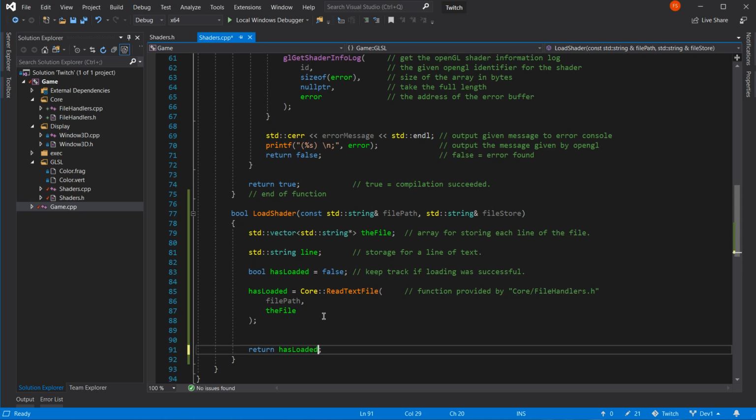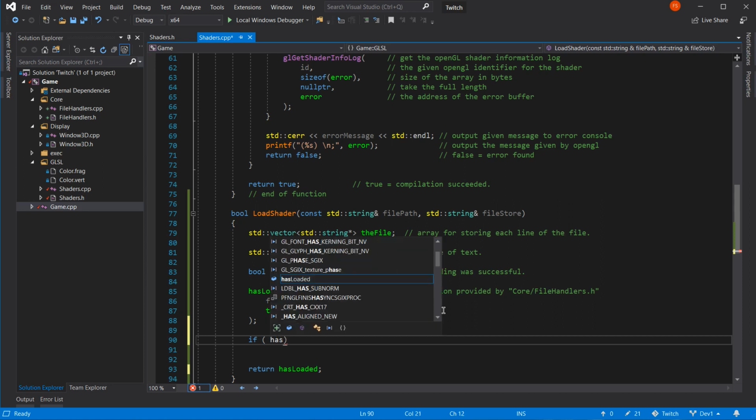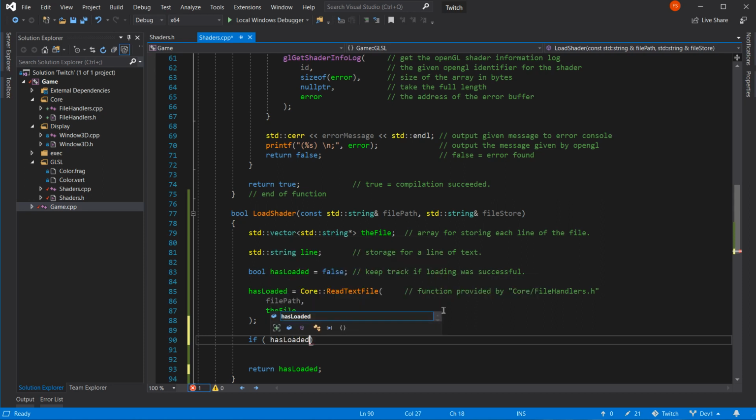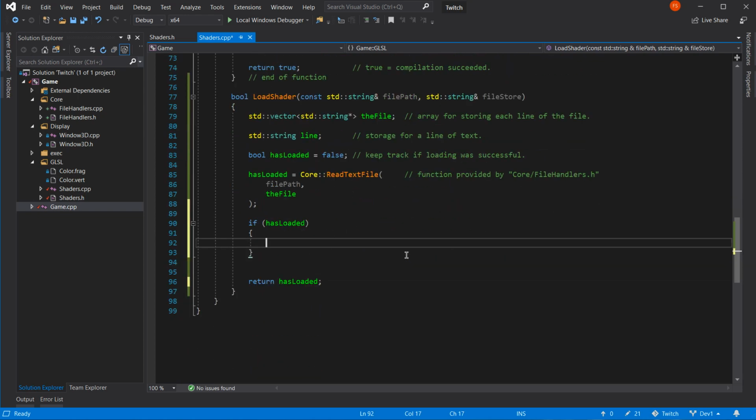That's a better return value. So if it has loaded, we can now check it. And if it has, we can do something. Yay! Okay, so it's going to be a for loop on this one, isn't it? For, int count equals 0.